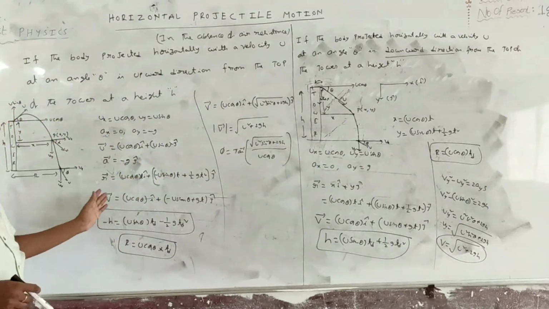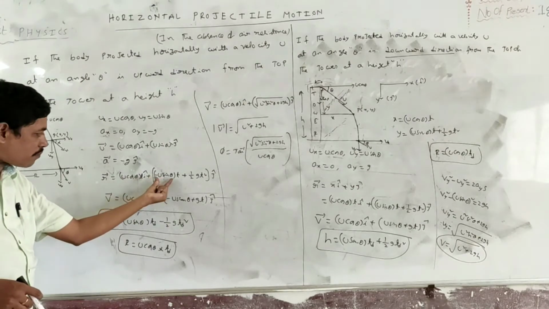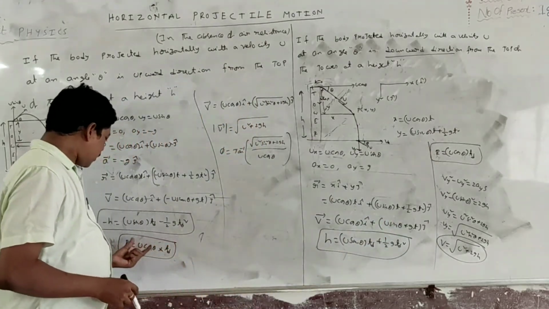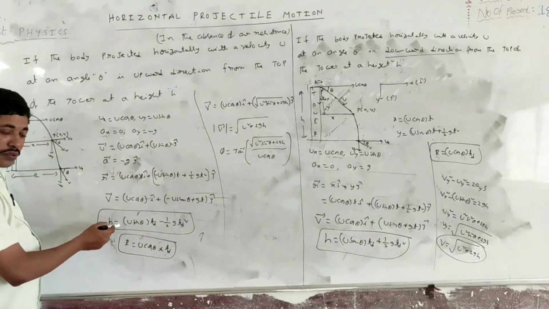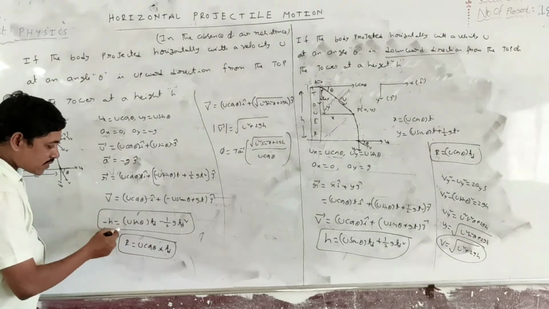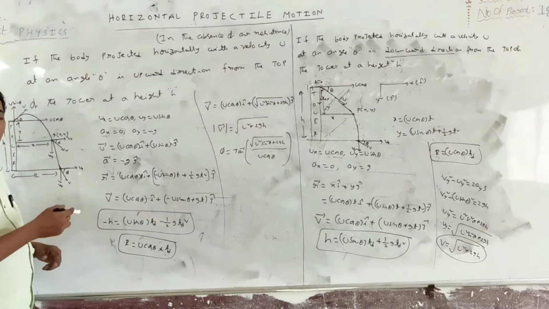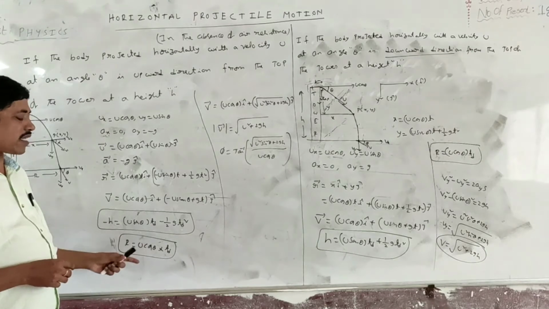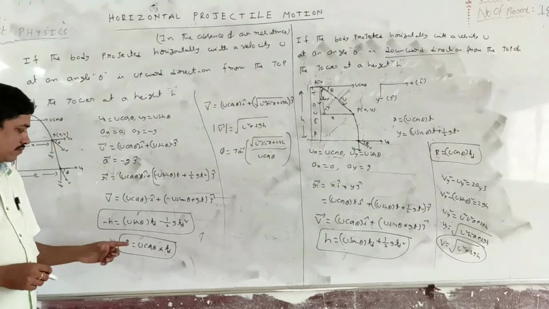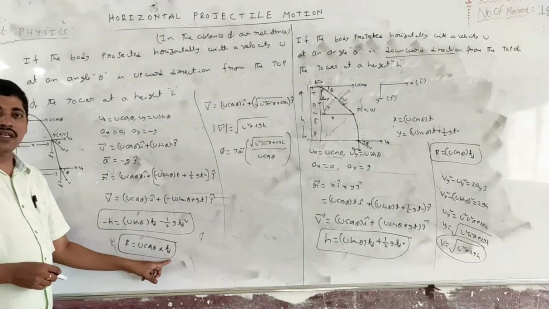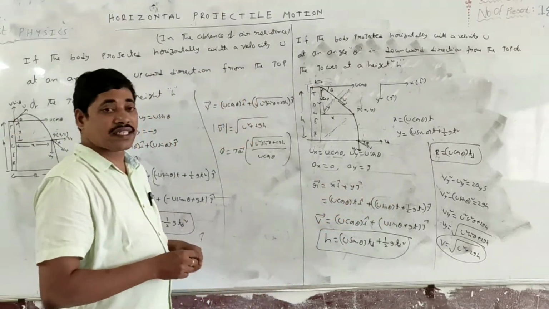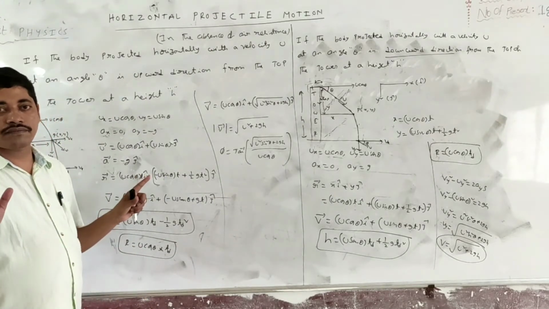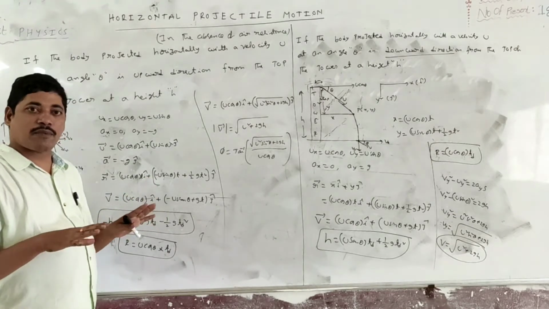In the position vector, this component is minus u sin theta, but in this case it is plus u sin theta. And also the height of the tower, minus h, is equal to u sin theta into td minus half g t square. Using this expression for the height of the tower, we can find the time of descent. The calculation or derivation is not important, only the formula is important. And the range R is equal to u cos theta into time of descent. In both cases, the ranges will be different. The horizontal component is the same, but the time of descent will be different.